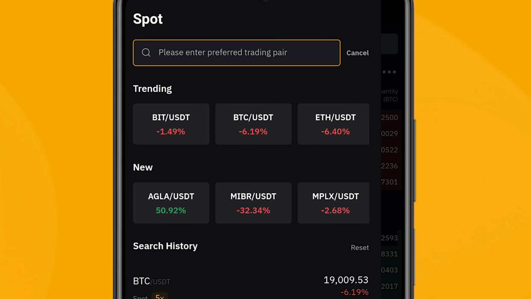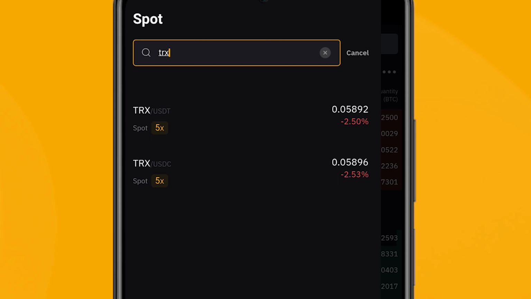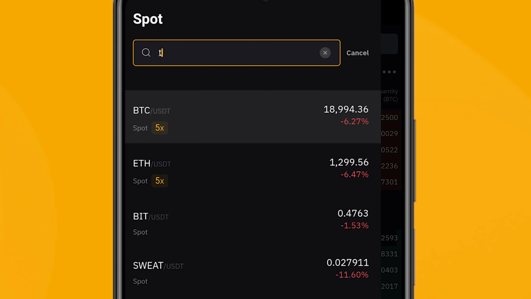From here you can actually select any coin you want to buy. For example, I want to buy TRX. As you can see, TRX is paired with USDT and USDC. So if I have USDC, I can actually buy TRX with it. If I have USDT, I can actually buy TRX with it. For example, let's go to Bitcoin,